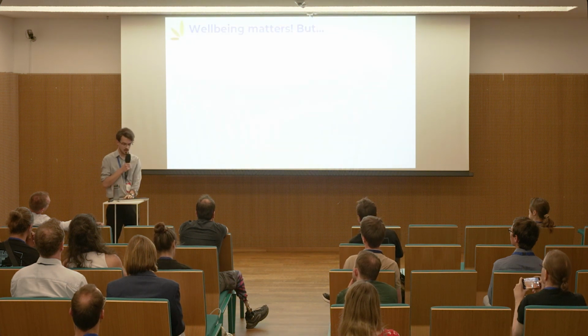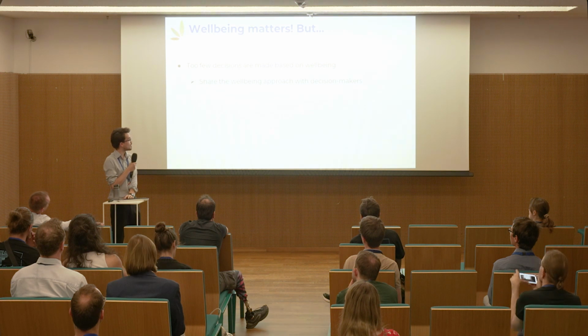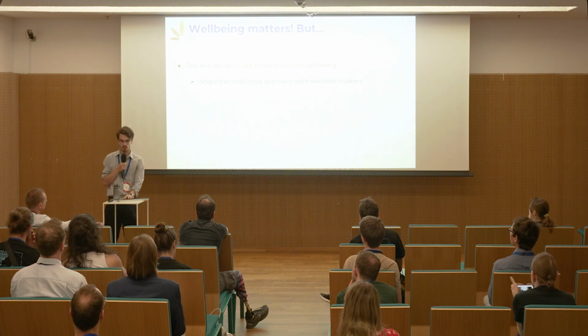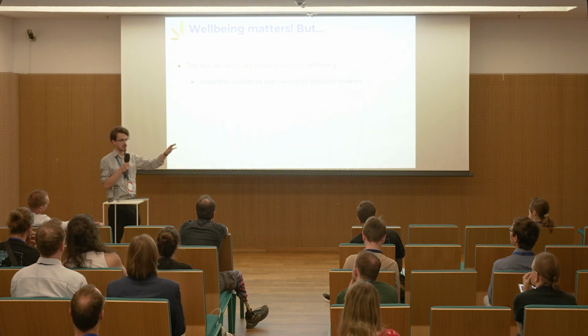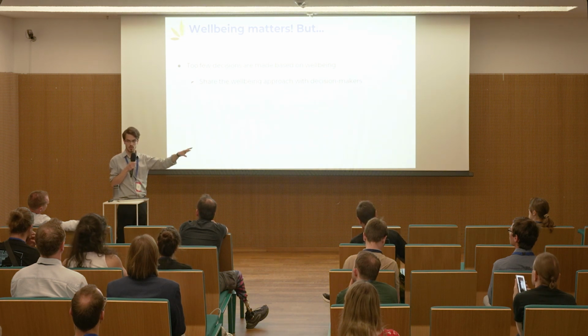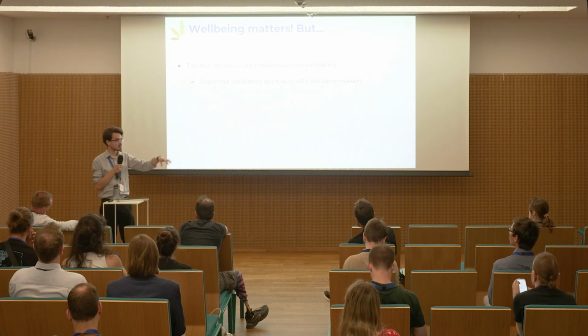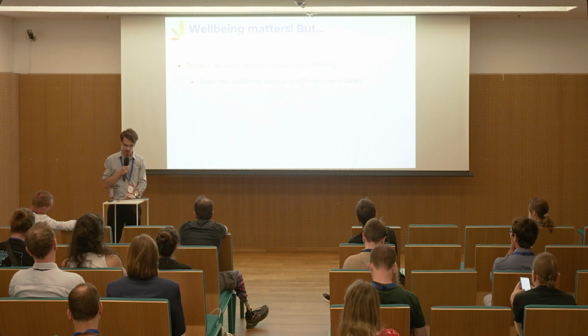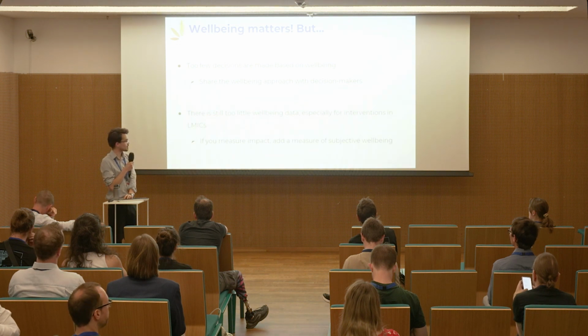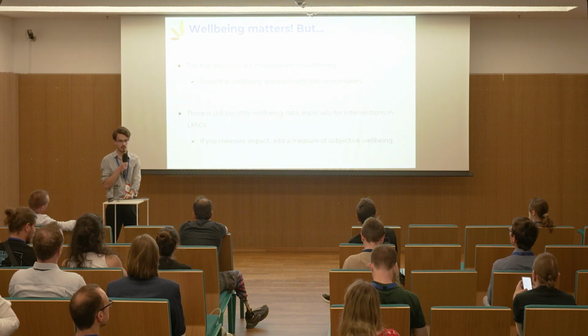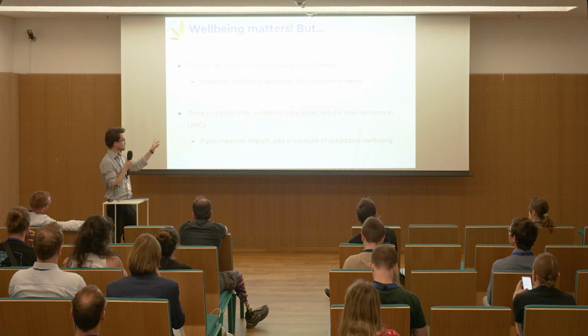The first is, yay, well-being matters, but very few decisions are being made based on well-being. For example, I mentioned that the OECD is giving guidelines to government organizations about how to measure well-being, but the step from measuring to then making decisions based on well-being is another one. So if you have capacity and interest, you can convince people to use well-being as the framework of impact. Another one is that there's still very little data about well-being, especially when it comes to interventions in low and middle income countries, which is what we're interested in.